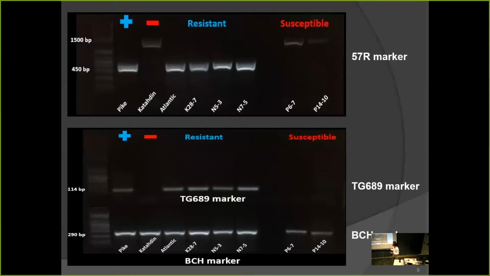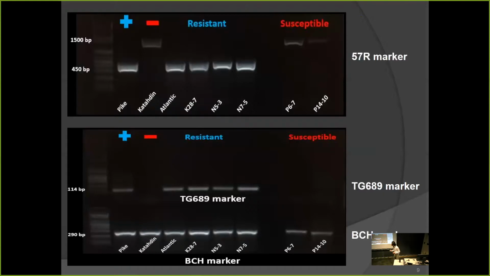Pike, this is one of the cultivars of the potato, and this is known to be resistant against R1, and Katahdin is a susceptible cultivar. So I used these two cultivars as the resistant control and the susceptible control. As you can see in this picture, the resistant clone produces a 450 base pair PCR product, and the susceptible clone produces a 1,500 base pair PCR product. And when I tested other breeding clones or cultivars, I could get the same result like